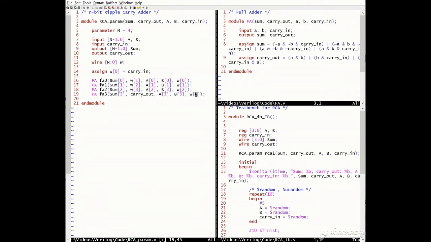The last full adder, the most significant bit full adder, will receive wire 3 and generate the carry out on wire 4,